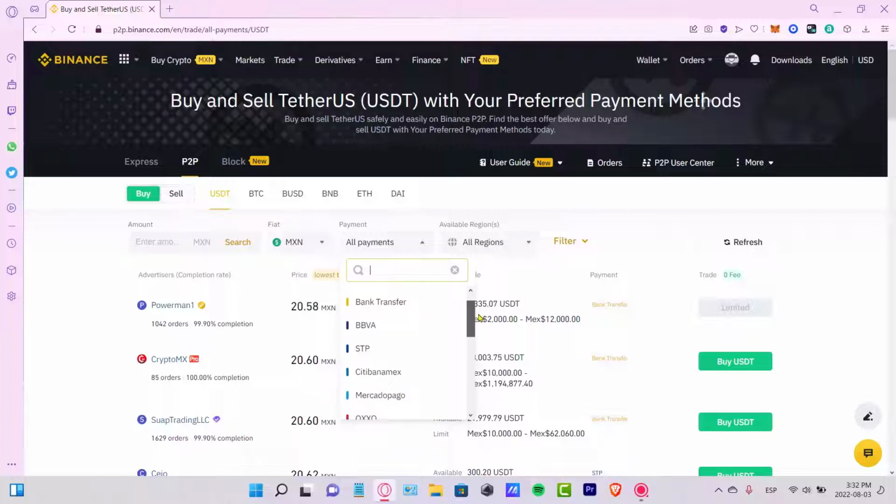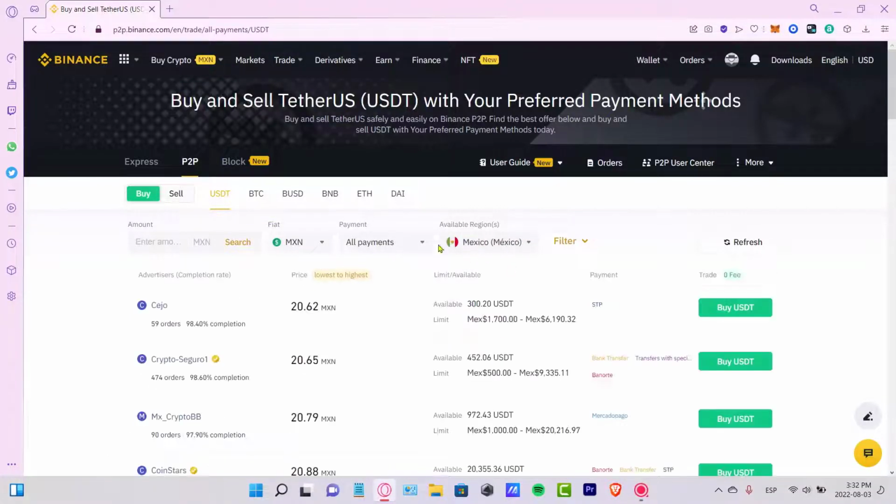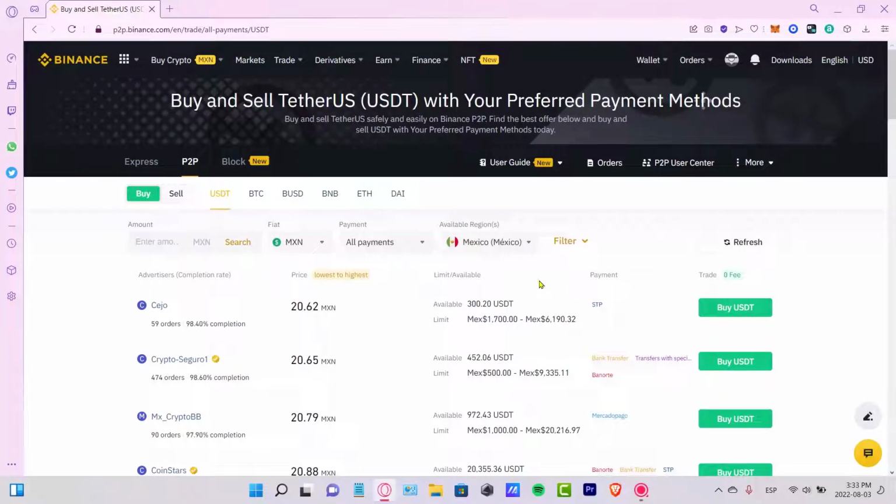Depending on the country that you're currently living in, the options are going to appear in your Binance here, and the regions, of course. So if you want to choose to make the payment only from your country, you can do that. In my case, I'm going to select my country, and as you can see, there are a bunch of advertisers and prices that are going to be selling the token that I want to buy. If the token that you want to buy is not available in here, you don't have to worry about that. You can buy either one of these options, and then you can trade that